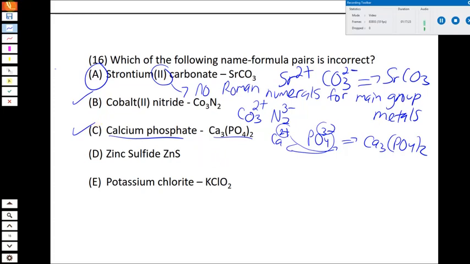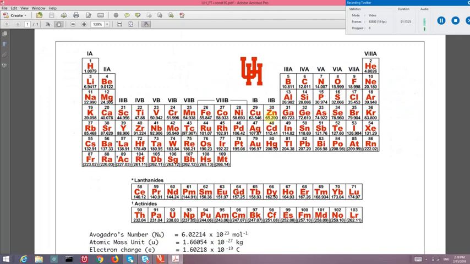So zinc is here in the periodic table. It is technically a transition element, which means it most often would have a Roman numeral next to it. However, zinc only forms 2+ cations. There is a table in your book that lists all the common cations, and this one would be in there. Again, I don't think it's necessarily going to come up on the exam, but just to complete the story, even though zinc is a transition metal, it only forms one type of cation, so it's still not necessary to indicate